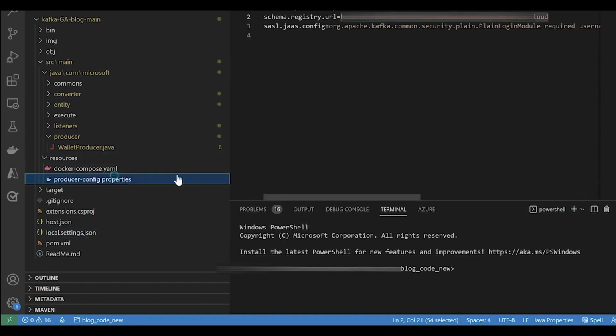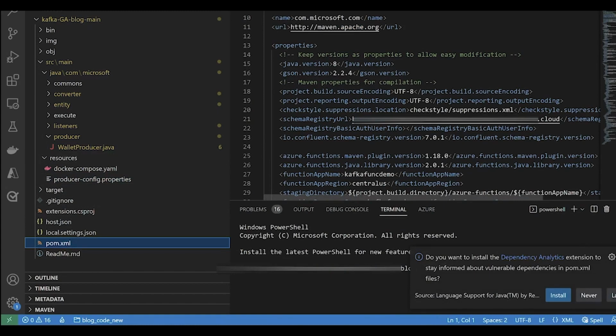Also make sure to update the producer config properties with bootstrap servers, schema registry URL, and SASL JAAS config. Then go to the pom.xml and update the API endpoint of the schema registry. These values will be leveraged by the wallet producer to generate wallet events into the Kafka topic.